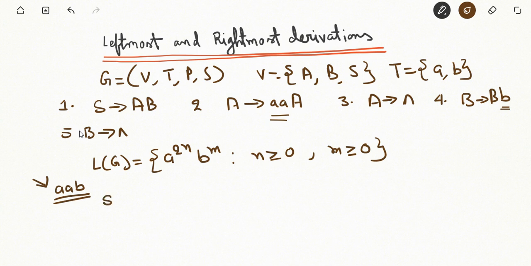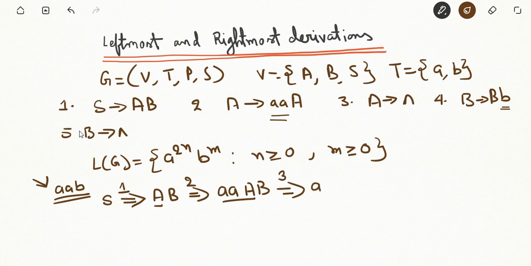Just see, applying production one, what are we going to get? AB. Next, apply the second production. So what we are going to get? aaAB, this thing in place of A. Next, apply the third production rule.